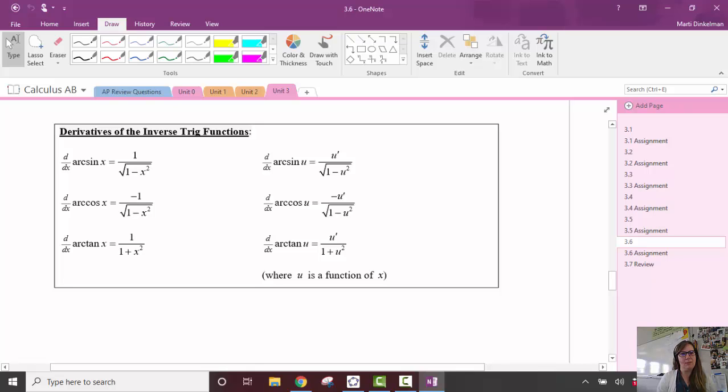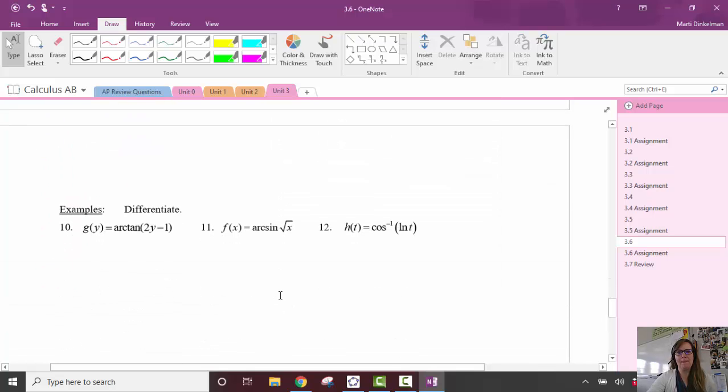Also remember that we use that word arc, but also we can call it cos inverse, like cosine to the -1 or sine to the -1. Just that notation is sometimes difficult because we think it means 1 over sine, and it does not. It really means the inverse of sine, or the thing that undoes sine,